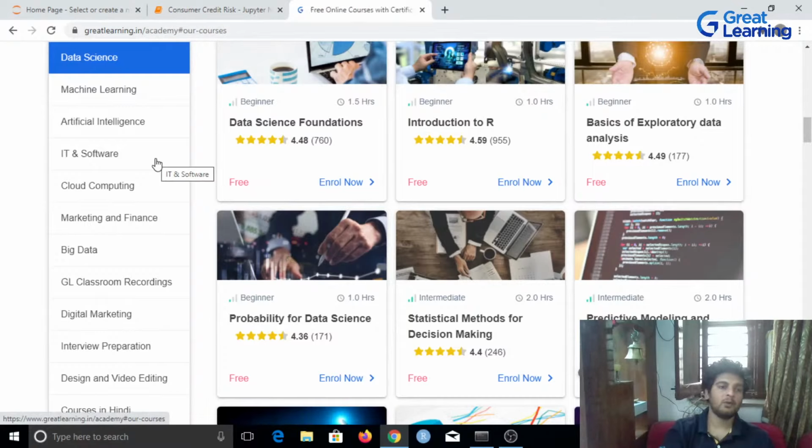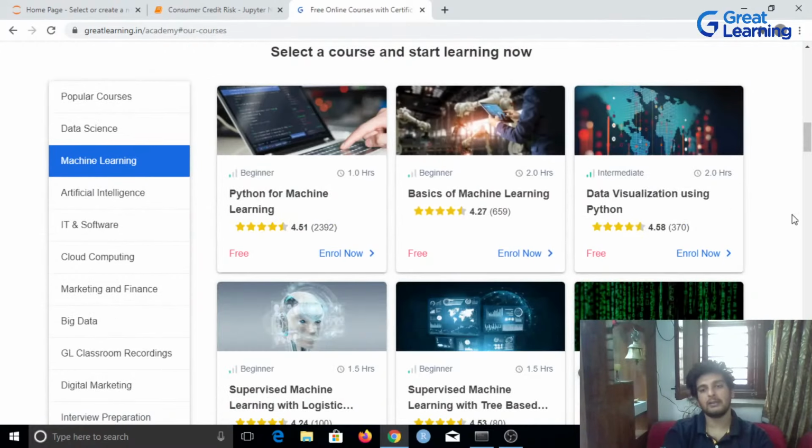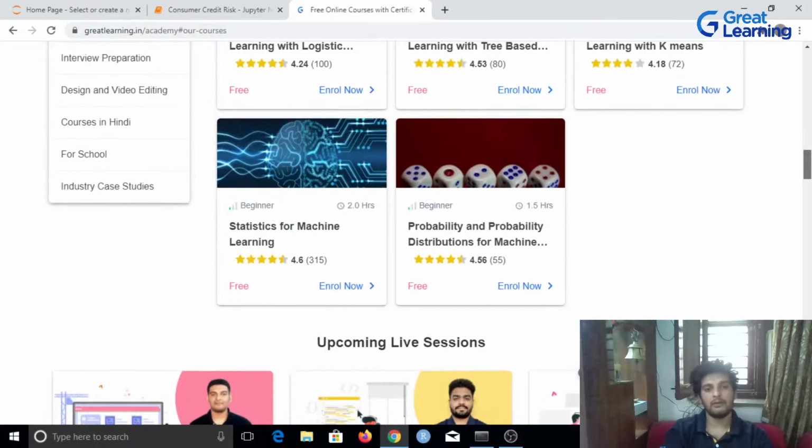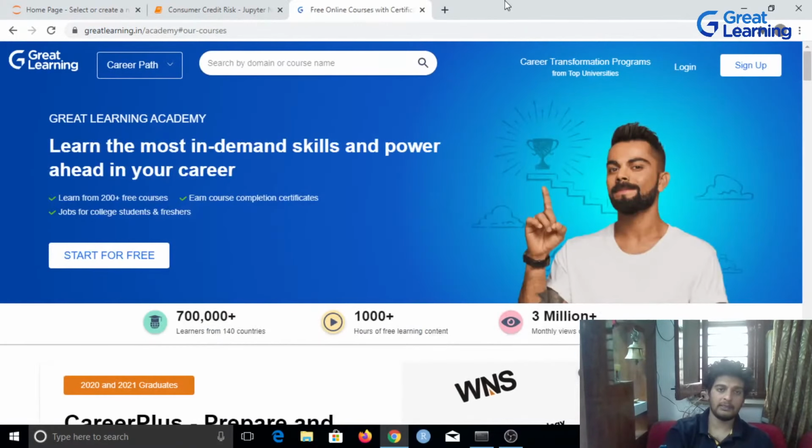If you do want to improve your expertise in stats, then you can go to this machine learning page, and here you have all of these comprehensive ML algorithms. You've got supervised learning, unsupervised learning, and other stats for machine learning as well. So these are some things which you can take up from Great Learning.